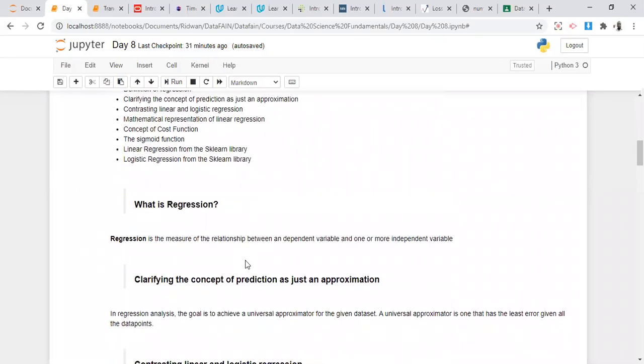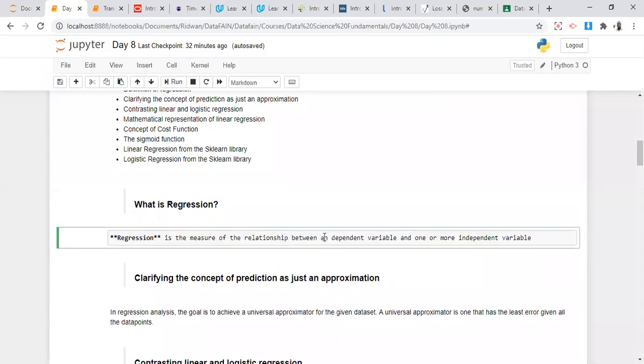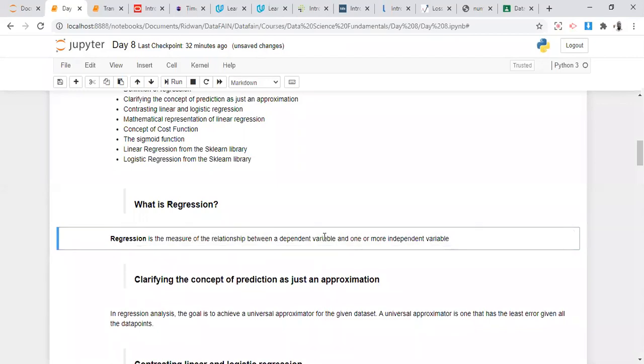So let's start with the definition of regression. What is regression? If you do a Google search, you will find most definitions center around what I have here. It is a measure of relationship between a dependent variable and one or more independent variables. So what does that really mean? Okay, to make that a little more intuitive,